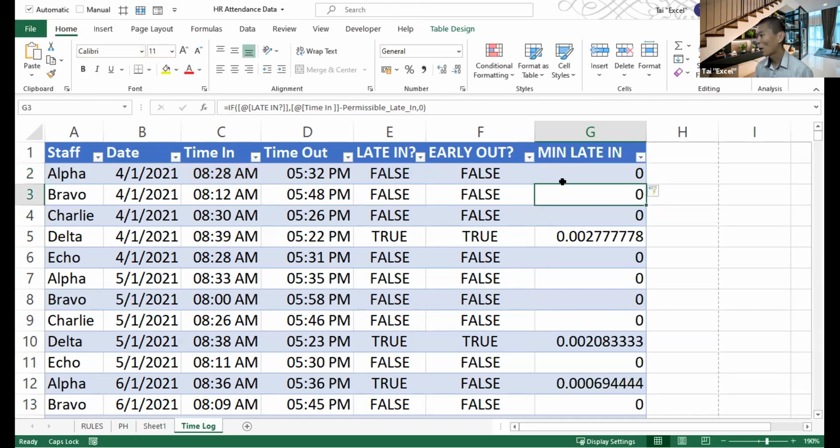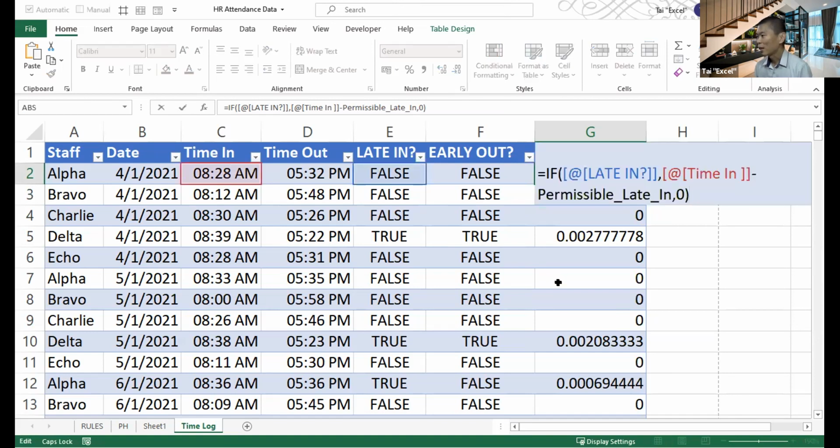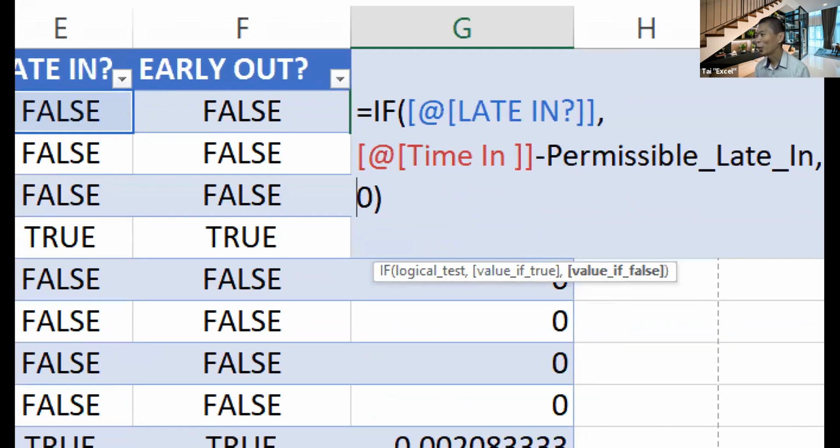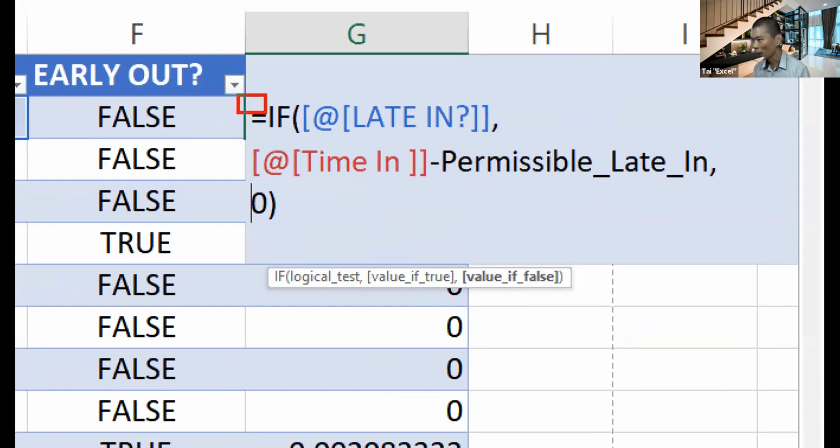You will see numbers in this way. If you need me to support you, I can invite you to share your screen. I can see some of you may be thinking, wow, what is this? Okay, just type equal IF